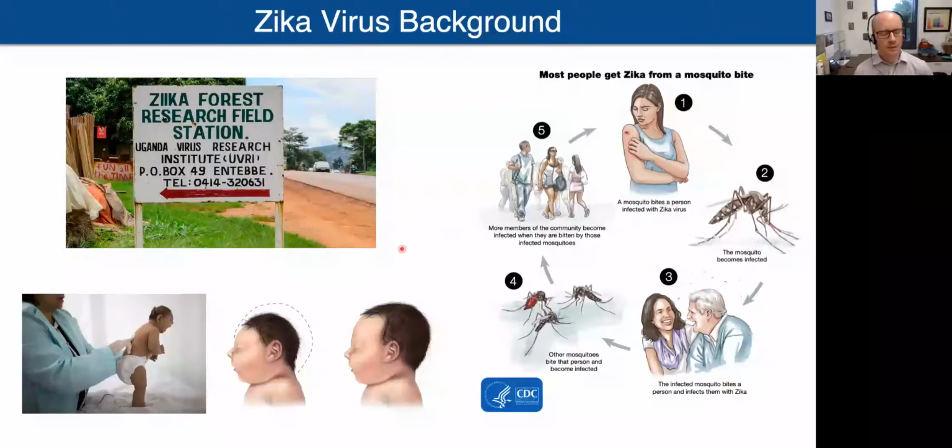Like I said, it was mainly ignored until in 2015, there was a large outbreak that was reported in Brazil. And in that large outbreak that spread to other countries, there was an observed correlation and eventually a causation that infection of pregnant women could lead to neurological problems in the resulting child, especially microcephaly, which is this really just sad condition that you can see in a severe case that's shown here. Because of this, in 2016, the WHO declared Zika virus an international emergency, and of course it was all over in the news.